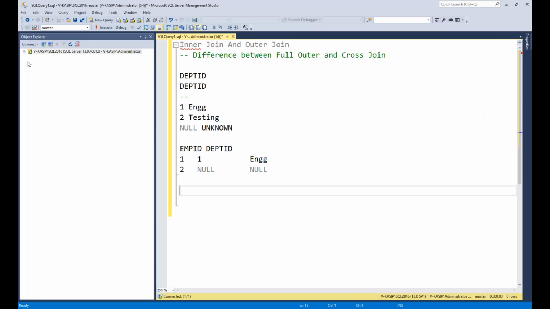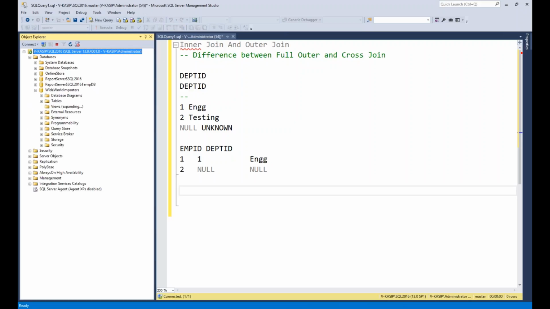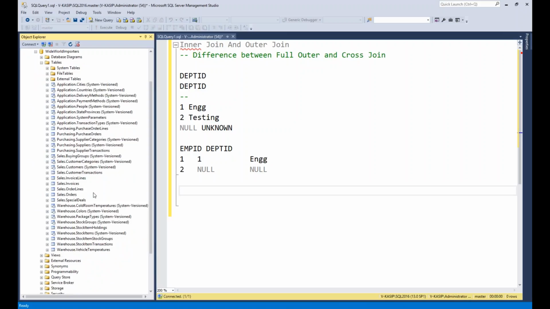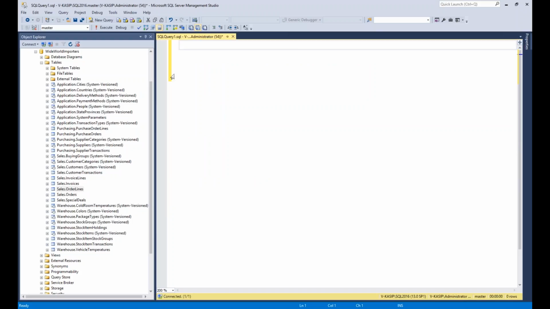Good. The next one, let's go ahead and do a few queries on the tables we have, a few joins. Here, if you see, I have the orders, order lines, and some other information, right? Let me read the orders table. Select. Do I need to give the star or just top 100 star? What would you suggest and why?